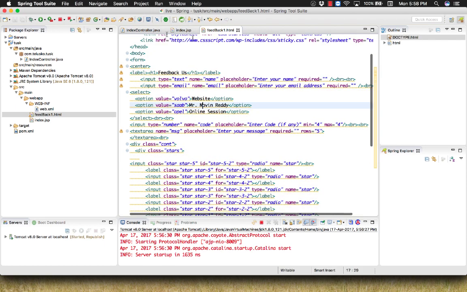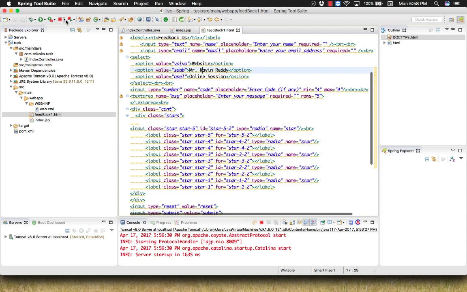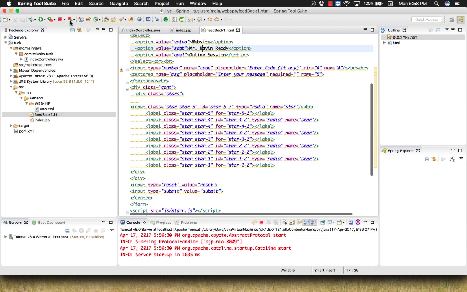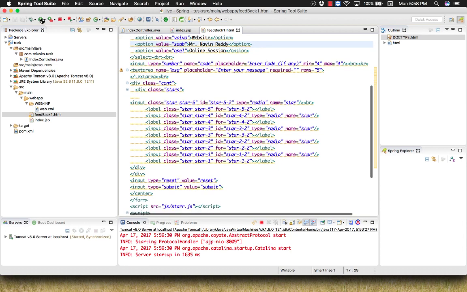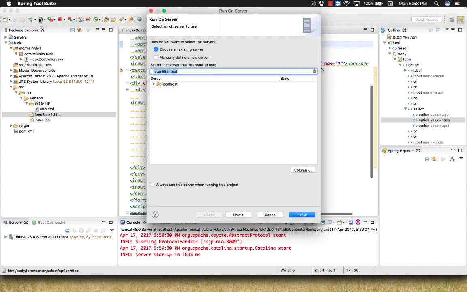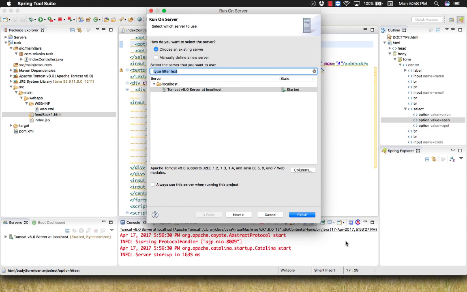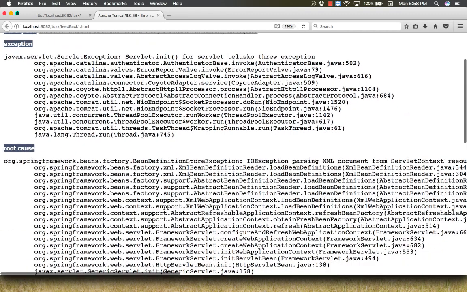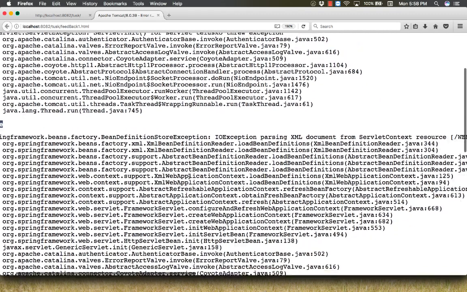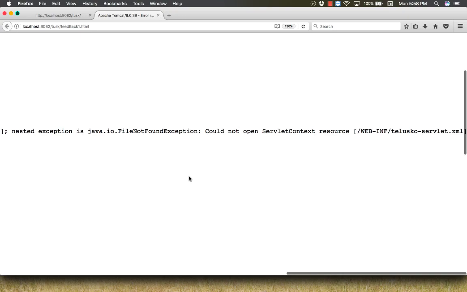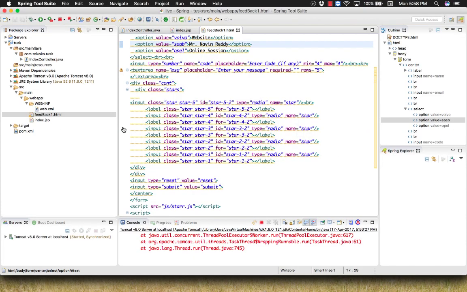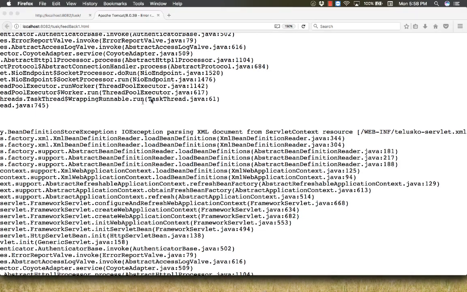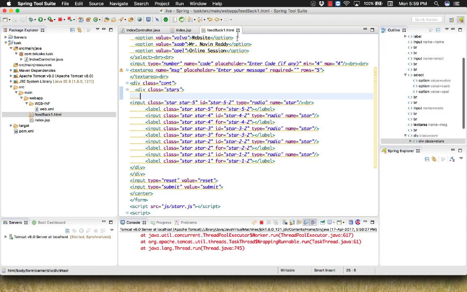And if I run this code, I got an error here. The error is file not found. Okay, that makes sense. The problem here is